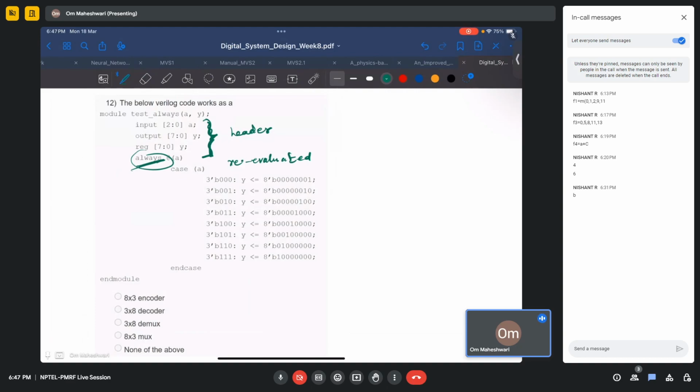This you can answer. The below Verilog code works as a 3x8 decoder. Yes, a 3x8 decoder. Basically, you are mapping 000 to